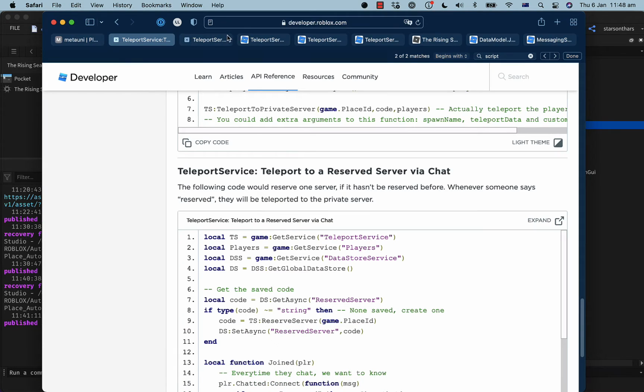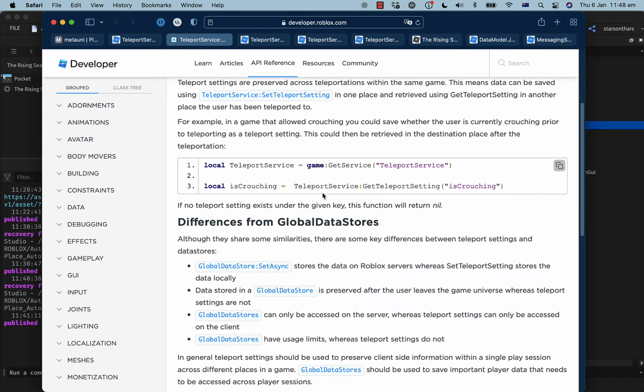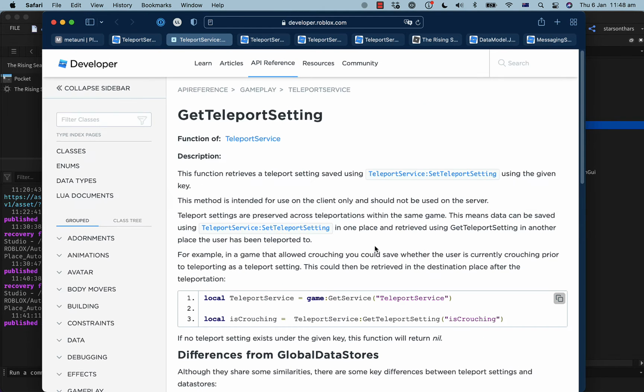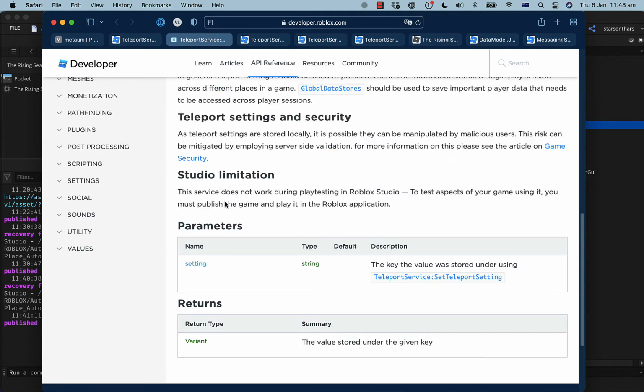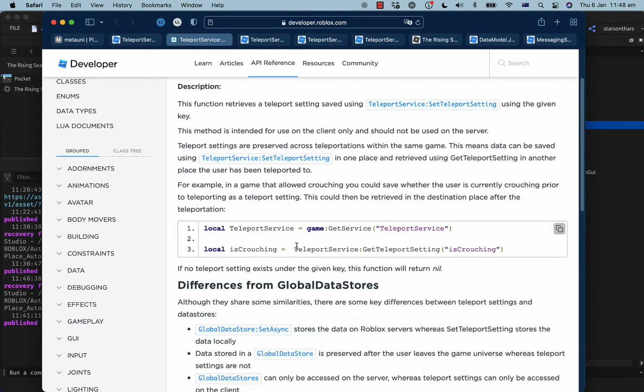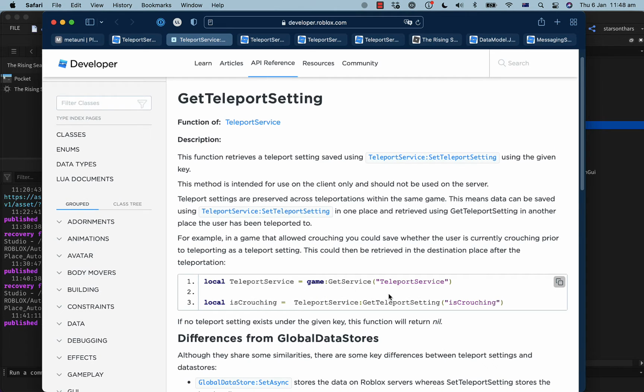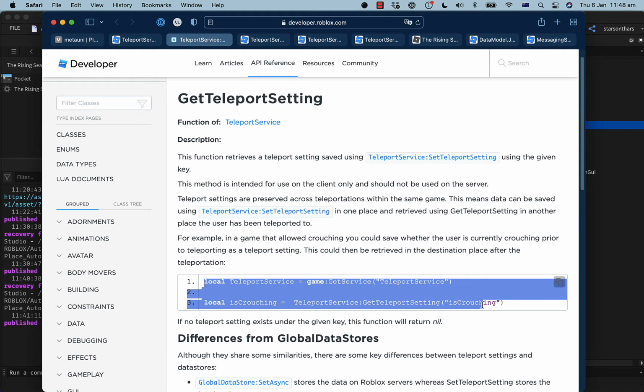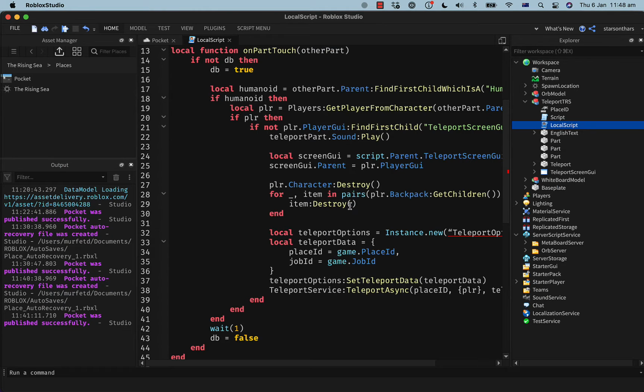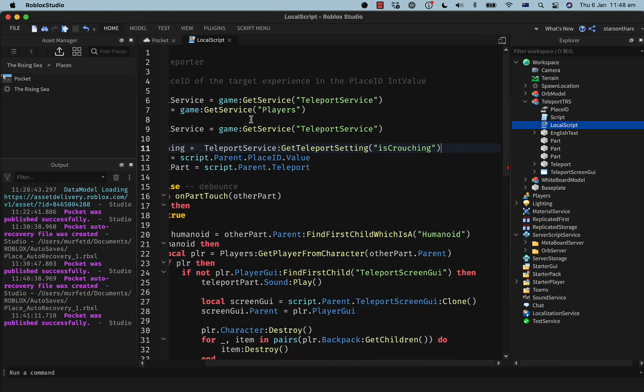So here I can look up... Wait, so the teleport data you want is just which portal you're going through, or the associated spawn location. That's right.